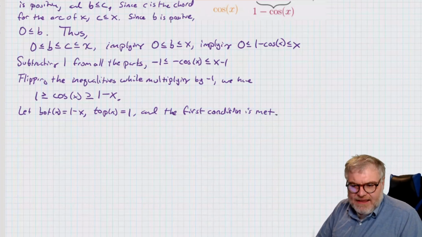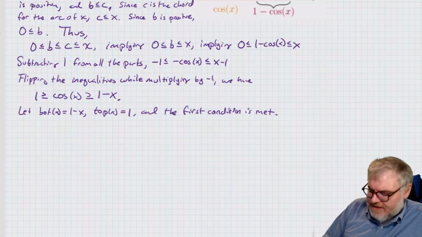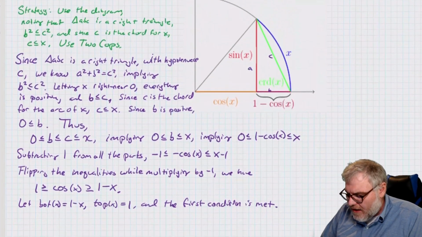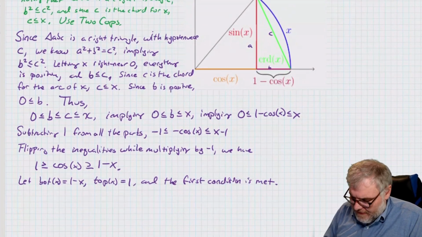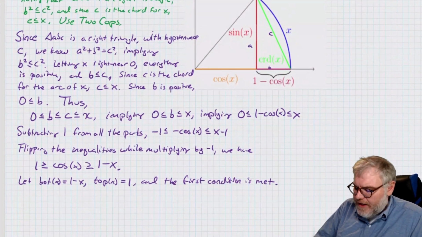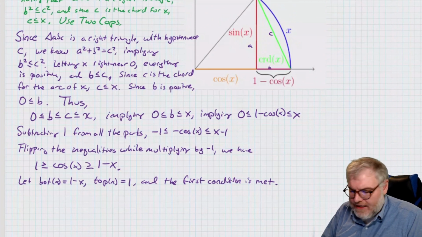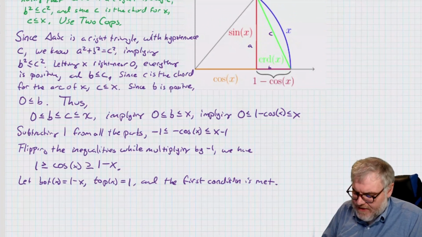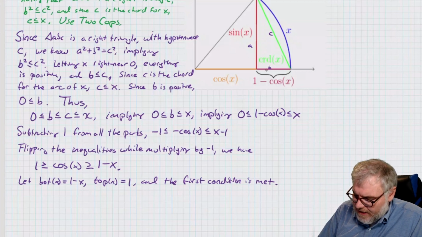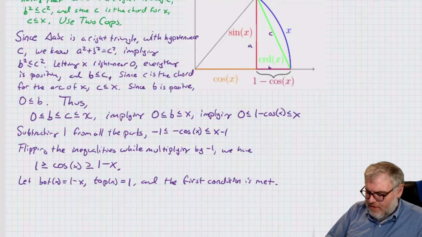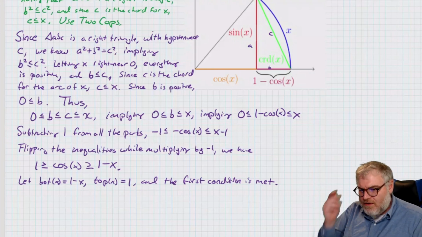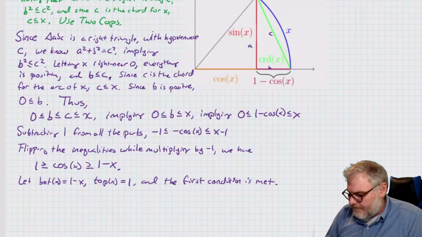Now, getting the left side, that you can do as an exercise. It's actually pretty easy. There are two ways to do it. The first is just to multiply through by a -1, flipping all the signs, and you'll wind up at the same place you were before. The other way to do it is to draw the diagram in the negative side. And then this right here will still be positive, 1 minus cosine. Cosine will still be positive, but the c and the x will all be negative. And then instead of having 0 on the bottom, you have 0 on the top. So you can do it either way. Okay,